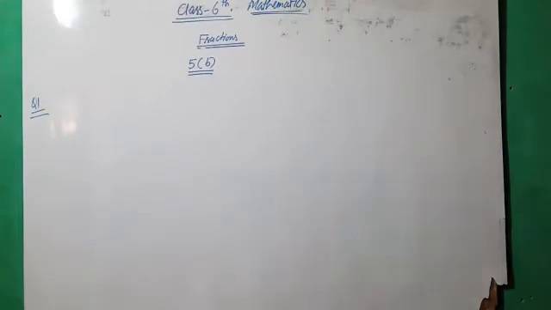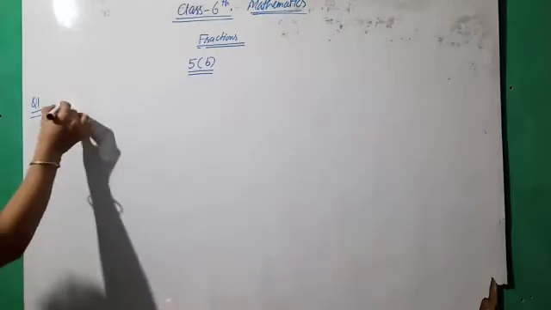Today in this lecture we are going to discuss exercise 5b. So the first question is, we have to just replace the greater than or less than sign to make the statement true. So the first question is 3 by 10